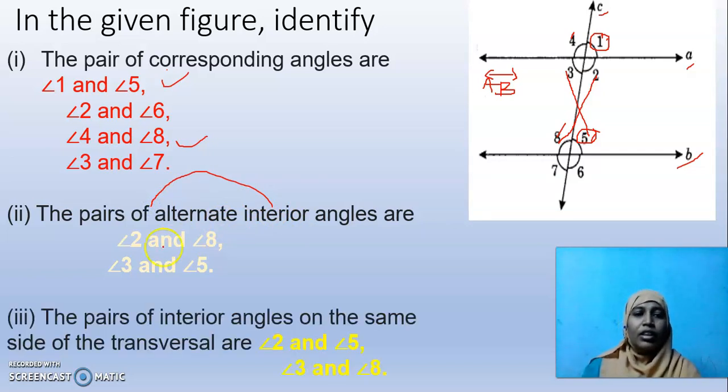The pairs of interior angles on the same side of the transversal: same side, interior on the same side. Here I use this curve symbol. 3 and 8, 2 and 5. So every time I use the symbol so that